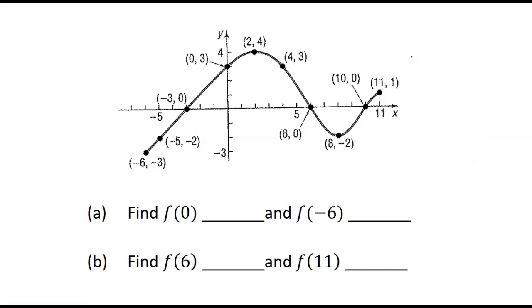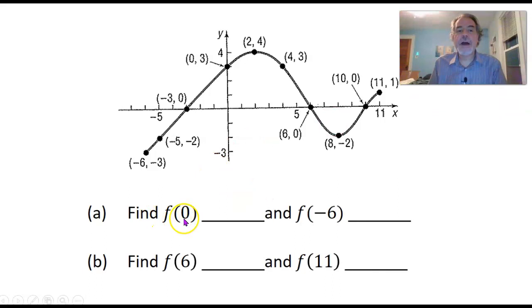Okay, so now we are going to look at a graph and see what we can see about that graph. If you have the printed notes for this section, you have this graph at the top of the notes, and then you have a bunch of questions about the function depicted in this picture. So the first question is, find f of 0 and f of -6. So remember the points on the graph, the x-coordinate is what you plug in, and the y-coordinate is what you get out. So if we're talking about f of 0, we're plugging 0 in for x, and the point on